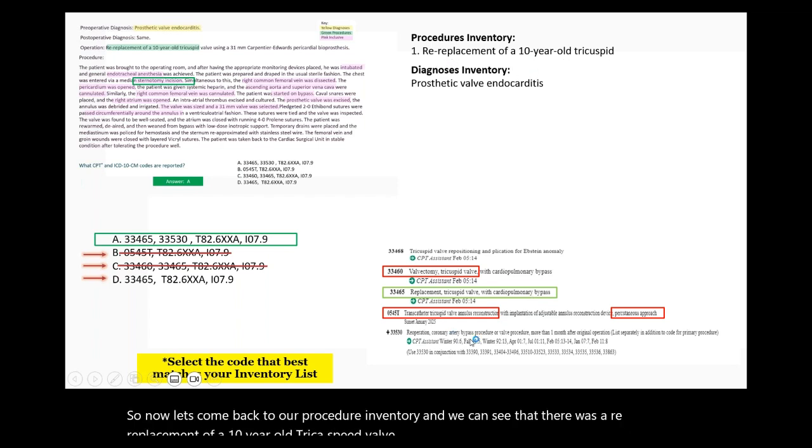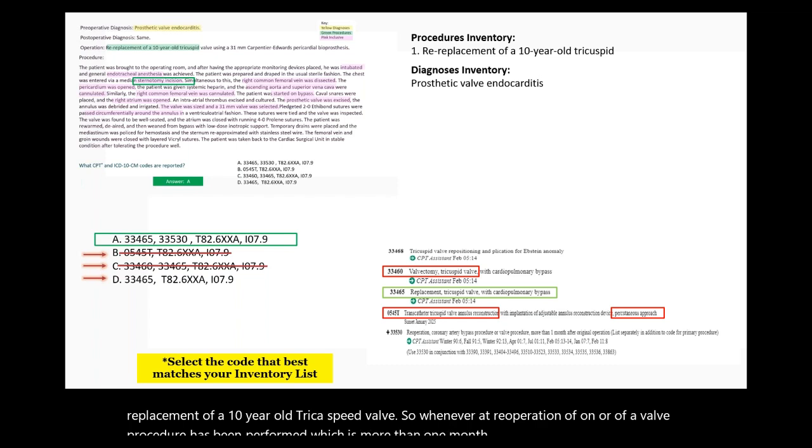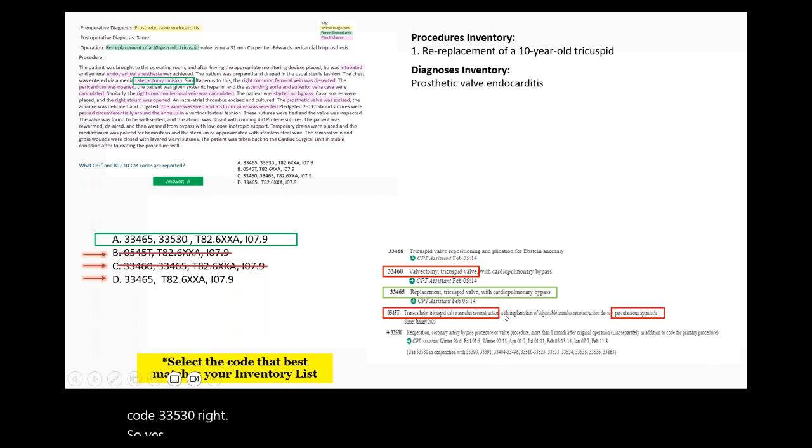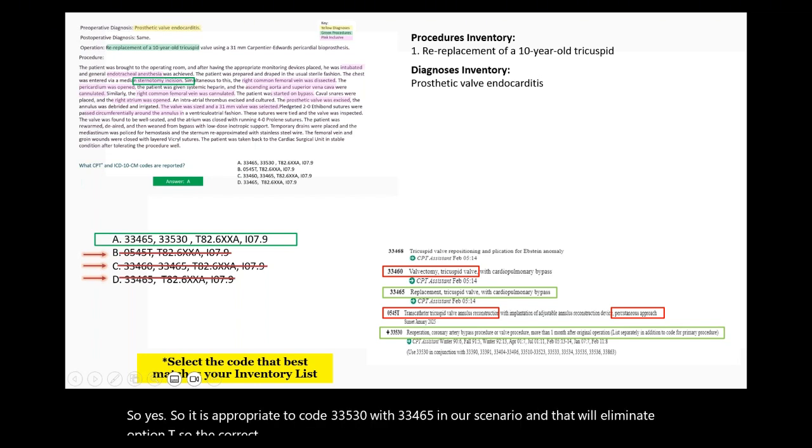Whenever a reoperation of a valve procedure has been performed which is more than 1 month after the original, we have to give the add-on code 33530. So yes, it is appropriate to code 33530 with 33465 in our scenario, and that will eliminate option D. So the correct answer is option A, 33465, 33530,